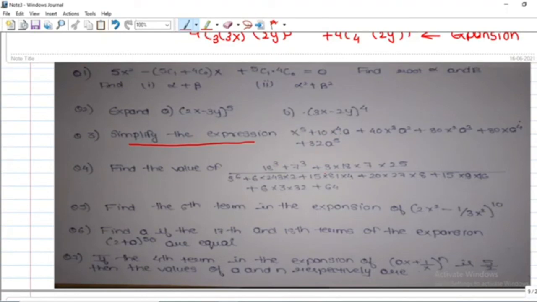Now you have to simplify, try to get a binomial of that. In short, what they mean is, here you can directly see that x power 5 is there, then its power is reducing, x power 4, then 3, then 2, so it is completely a binomial. Now you need to find the first term. My first term is surely x, so x plus something, and here you can see it is 32, and you know 2 to the power 5 is 32 and 2 to the power 6 is 64, so you can clearly make out that it is nothing but 2a.